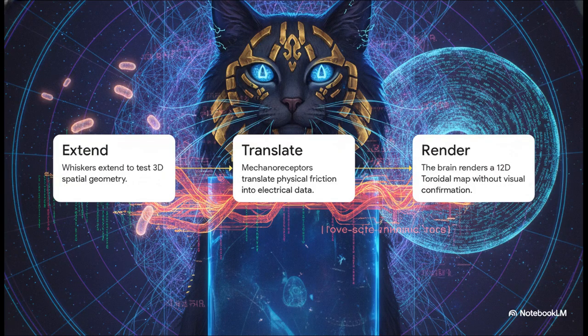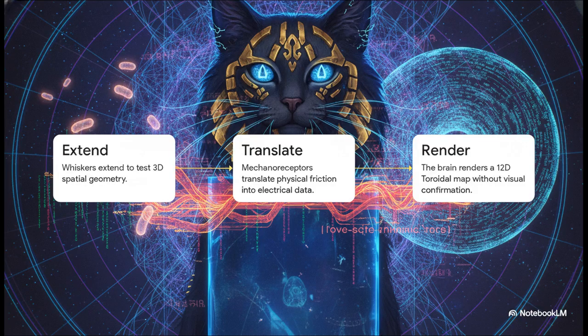First, these 24 nodes act like a totally external nervous system, extending out to physically test the 3D spatial geometry of an opening. Then, mechanoreceptors at the base of the follicles translate the absolute slightest air currents and physical friction straight into electrical data. Finally, the feline brain just bypasses the eyes altogether to render a flawless 12-dimensional toroidal map of their surroundings. They're constantly running these localized dimensional phase alignments, feeling out the exact boundary of the physical render